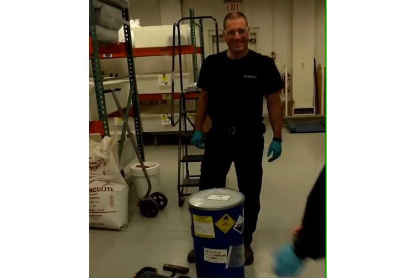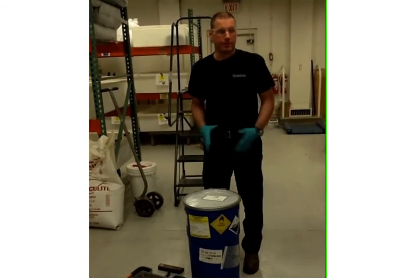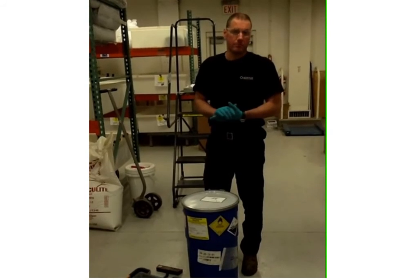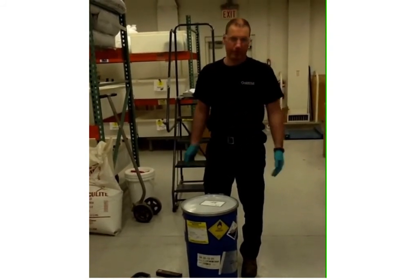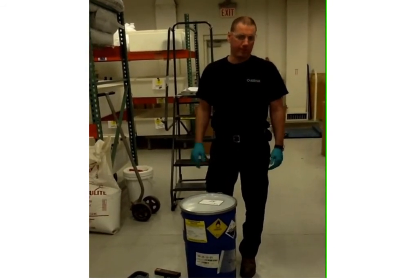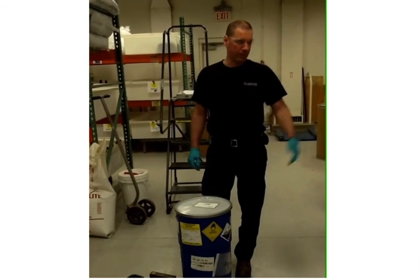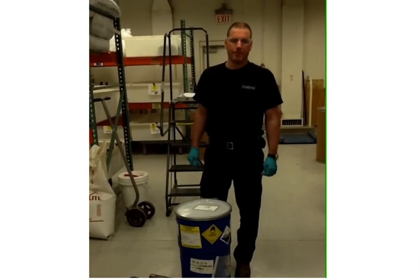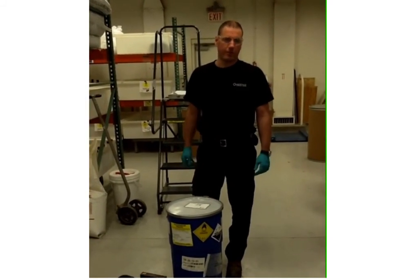Okay, so where's it going to go? All the waste goes to an incinerator in East Liverpool, Ohio. It operates at about 1800 degrees Fahrenheit, so we'll take this full container and we'll feed it right into the incinerator and it burns it all up. Most of the things get packaged a little differently, but for the most part, we'll take a whole drum like that and feed it right in. And what happens to the smoke? It goes to a series of scrubbers, and the only emissions they attribute